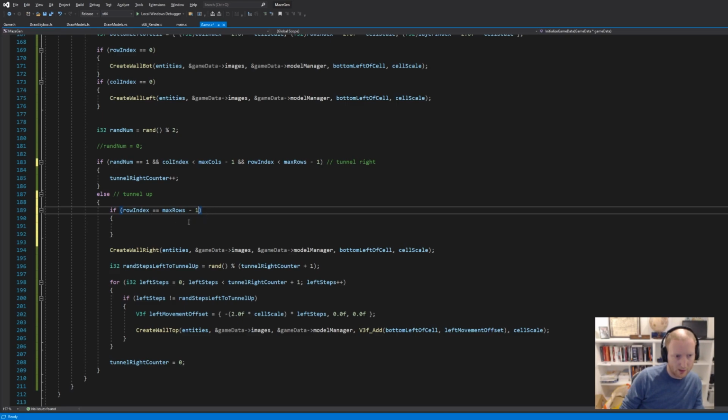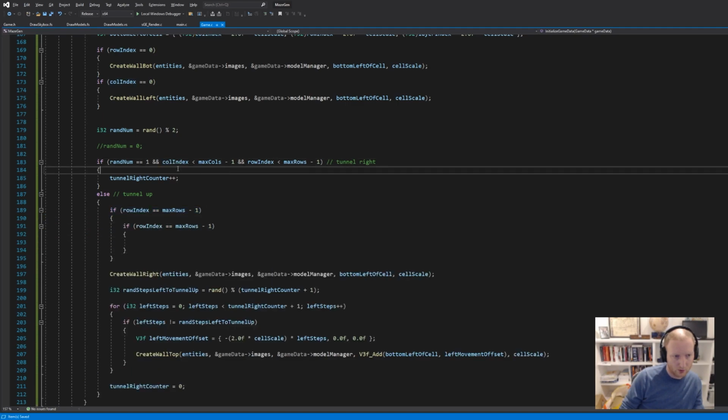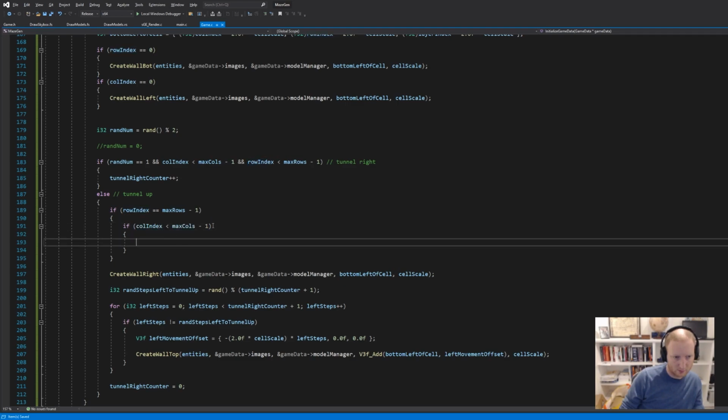So if your row index is equal to max rows minus 1, and if your column index is smaller, then